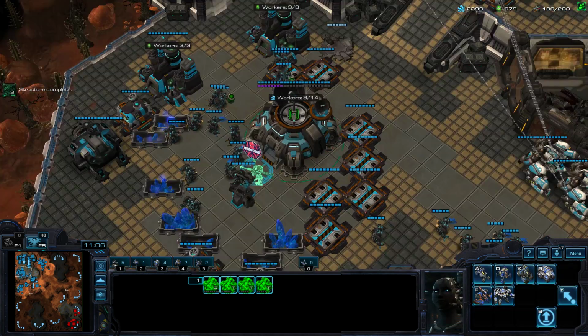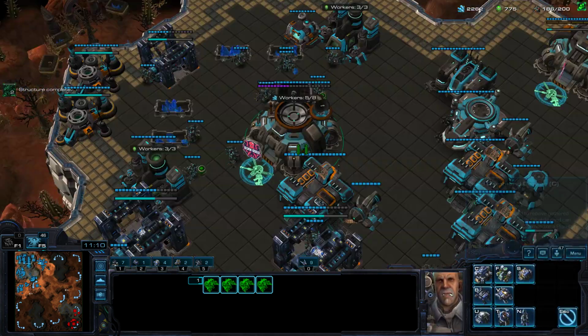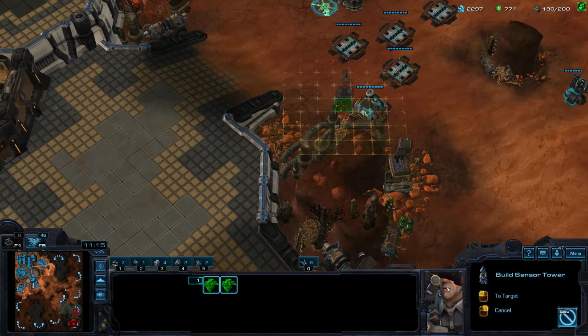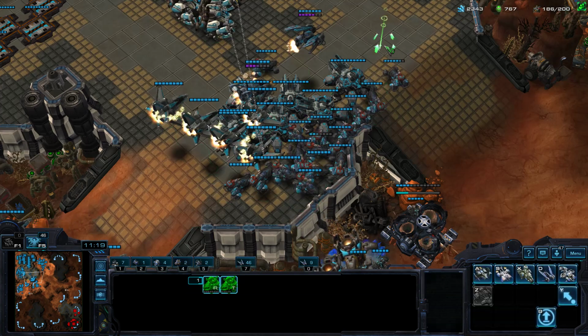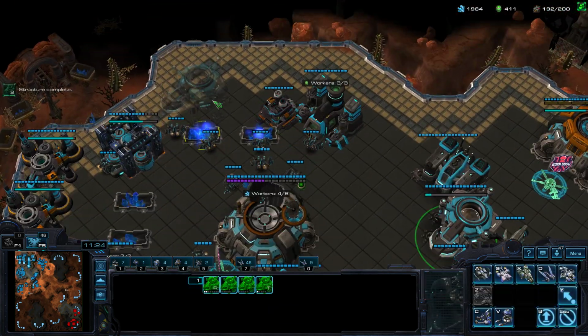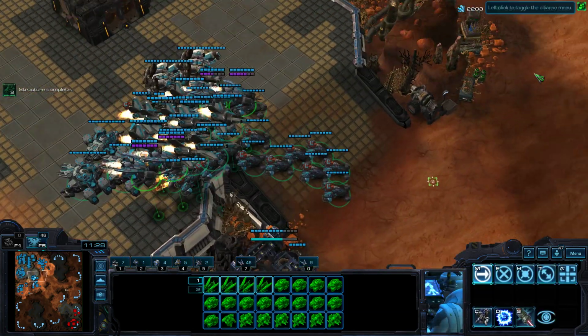And we want to keep expanding in TvT. Want to keep making CCs. You can throw down some sensor towers as well when your eBay finishes. That's something I neglected to do. It's another good move you can make. And you just want to keep making Ravens, Vikings, teching up here. Eventually you want to get to BCs, obviously, but you can just keep sending out Hellion run-bys, and